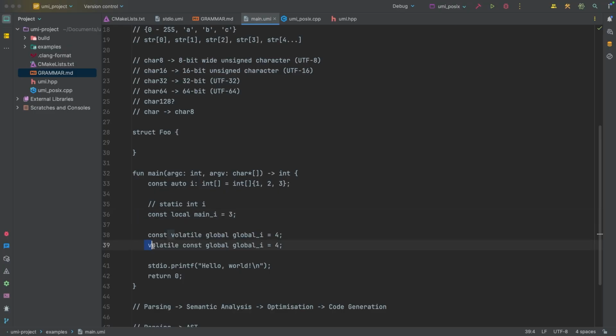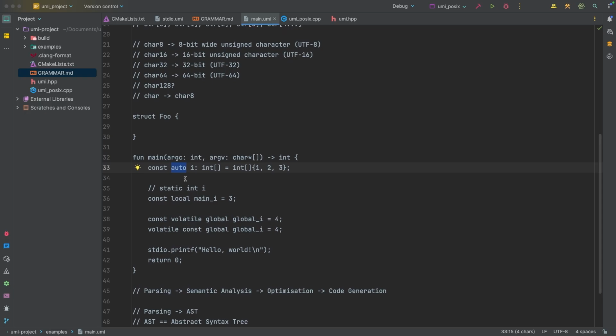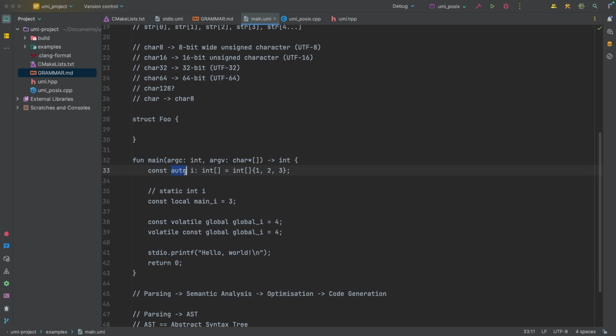And also for volatile as well, we'll have to think about that. I suppose what we could do is we could say this order itself is optional,